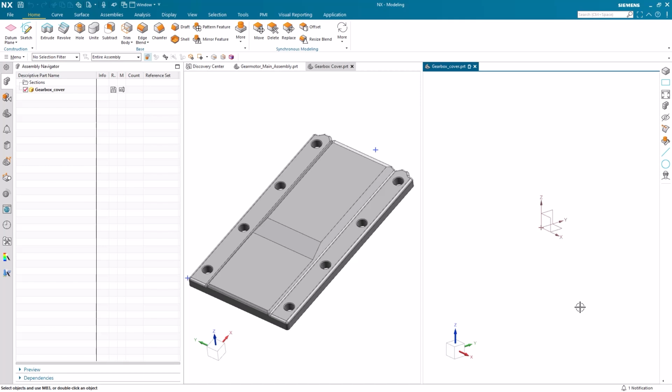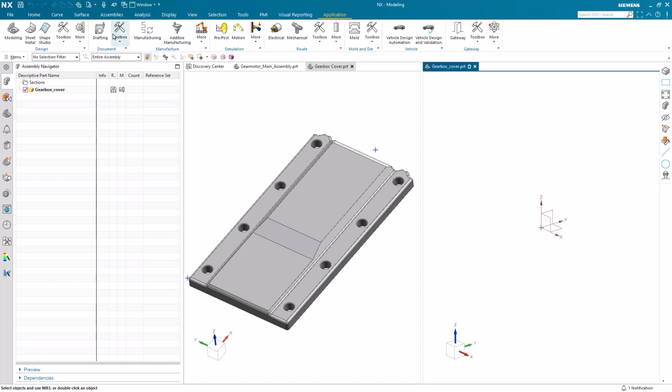Now that we have opened a new file, let's familiarize ourselves with the screen layout of NX. At the top of the screen, the title bar shows what application we are working in. Underneath of this, we have a number of tabs to assist with the design process. The most commonly used commands can be found within the Home tab, but many of the more complex design actions will require the use of these other tabs. Additionally, if at any time we would like to change the application we are working within, we can select the Application tab and then the new application we would like to switch to.